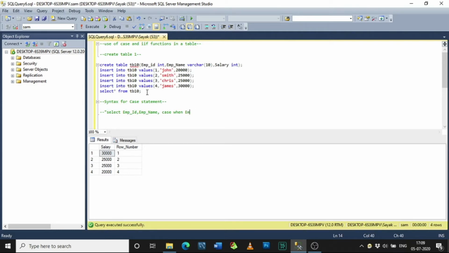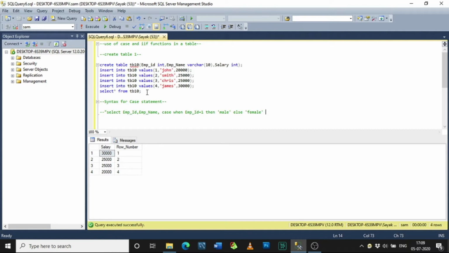For all the rest of the employee IDs, the gender will be considered female. End as gender, so there will be a separate field named gender. This is the syntax for case.